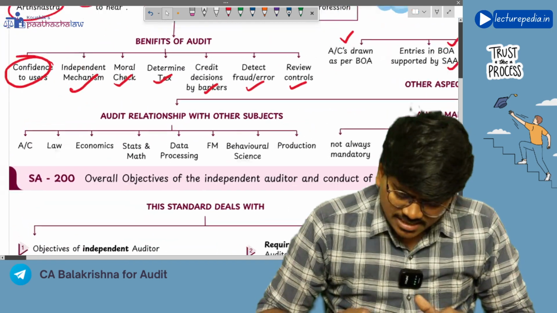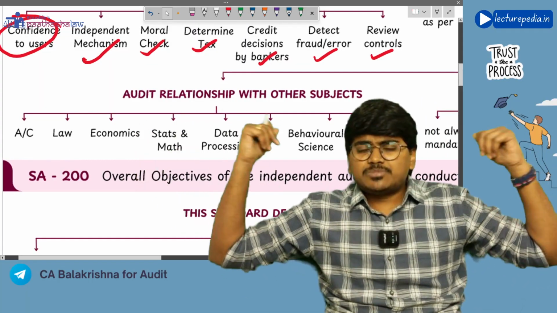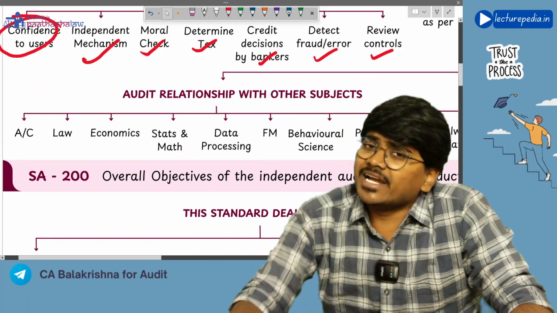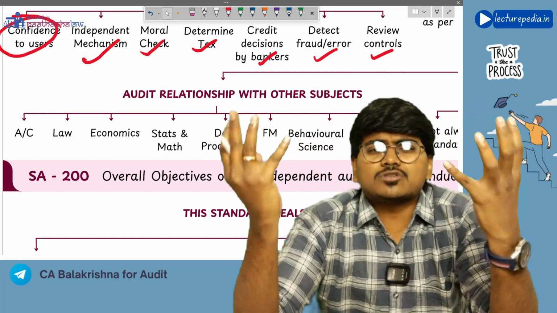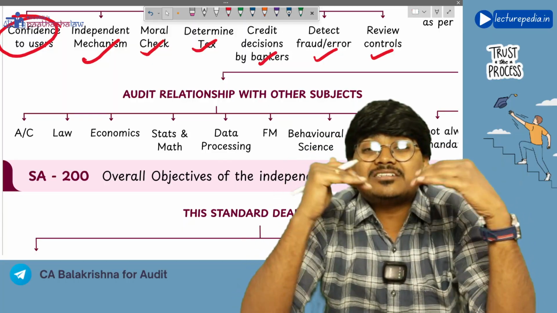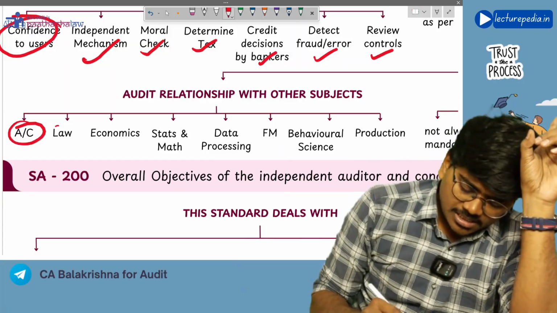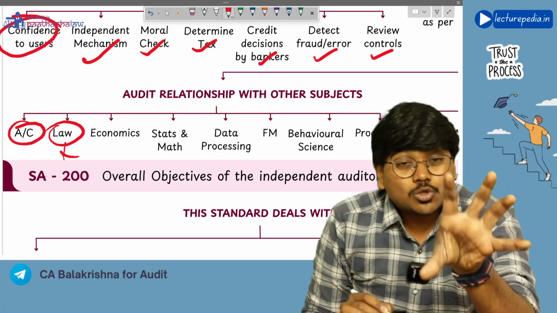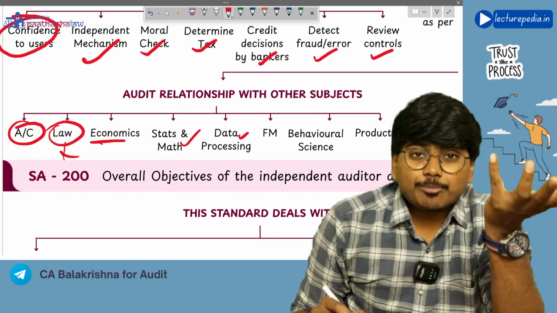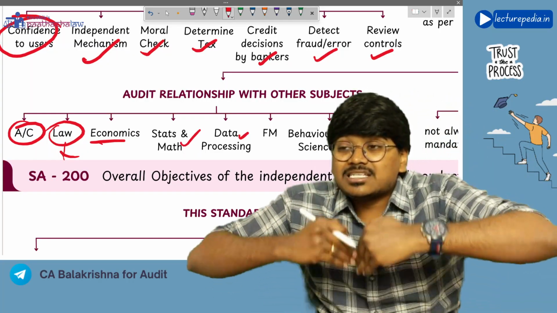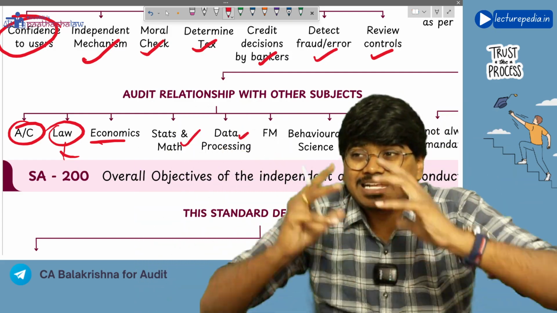Next, auditing, it is having a relationship with various subjects. Whatever the subjects that you read at your CA Inter level or CA Foundation level or CA Final level, all of those subjects are having a relationship with the audit. So what are they? First of all, accounting, law, meaning laws related to business, economics, stats and maths. Data processing means how the information systems, the computers, process the data that has been given as the